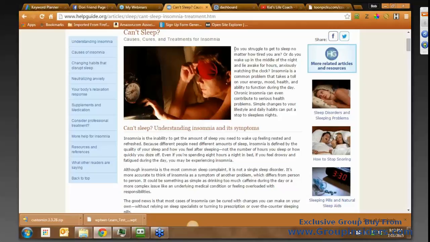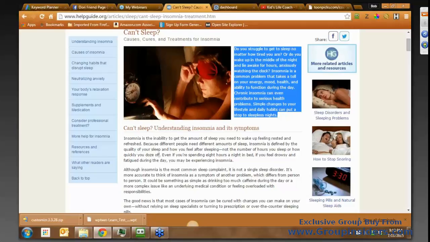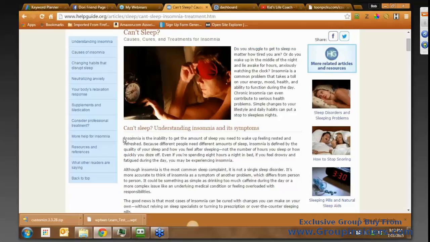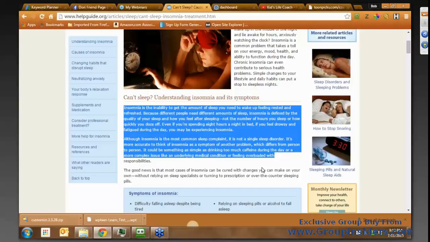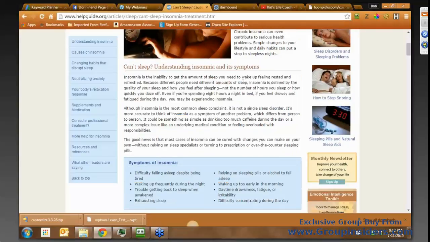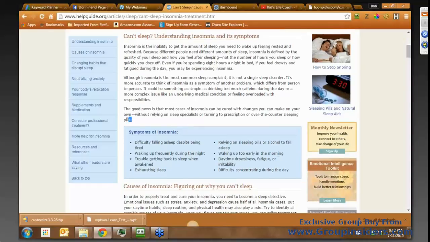Now, if you're not comfortable with your own voice, no big deal. I'm going to probably take this line. I'll take this because I want to give them content. I want to give them information. And obviously, I haven't gone through this. I'm going to read through it. Good insomnia is the ability to get the amount of sleep you need. So it picks up. It starts to give them information. It talks about their problem. And what I'm going to do at the end of this, if I was to take this and put it into a Word doc, which I'm going to absolutely do,